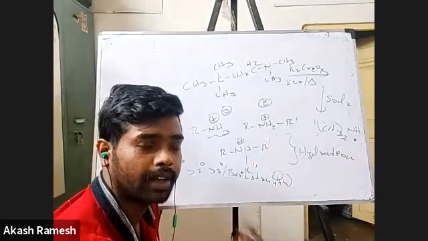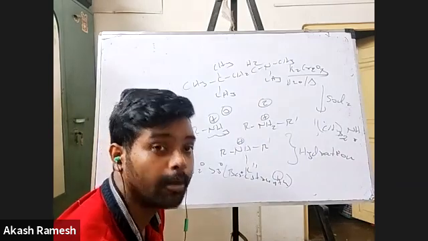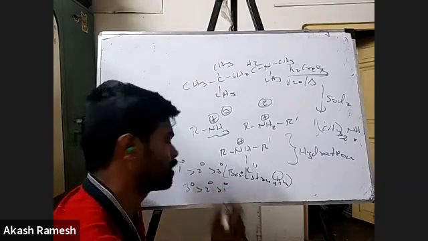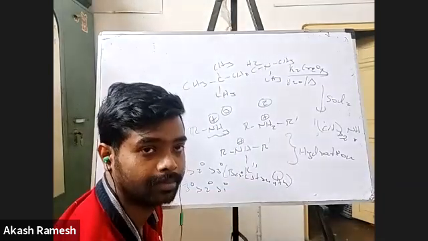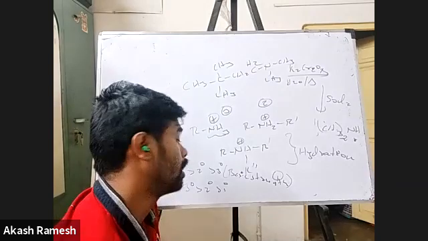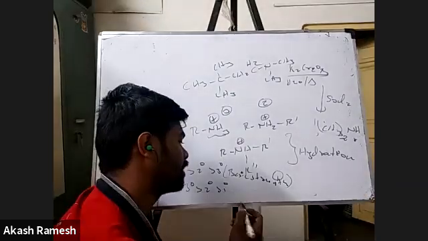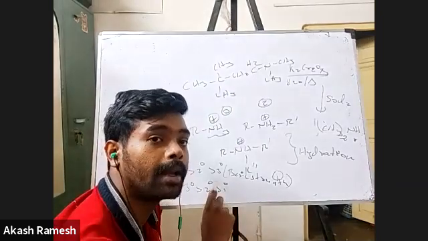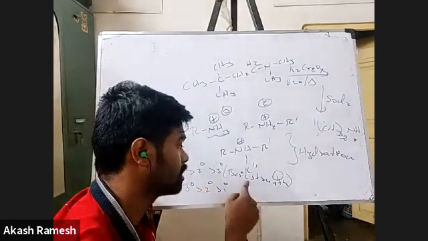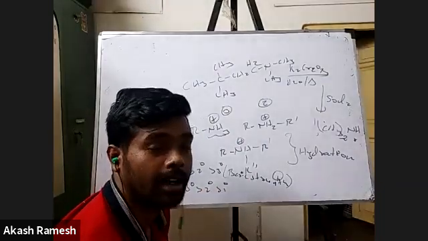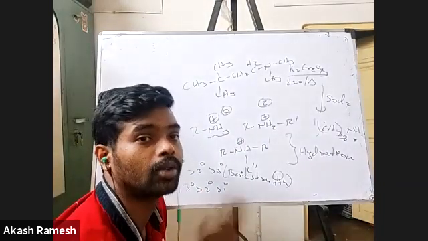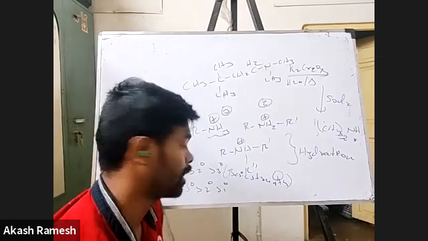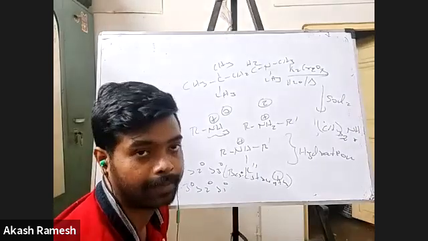But if I consider the availability of the lone pair, I know that with respect to that it is going to be tertiary greater than secondary greater than primary, isn't it? So this is with respect to the availability of the lone pair. Now, when you see the actual values, it is going to be a combination of both, the hydration as well as the availability of the lone pair, combined together. That decides the basic strength, right?